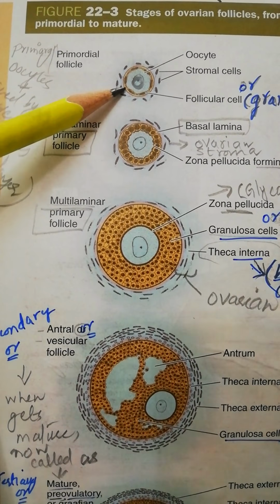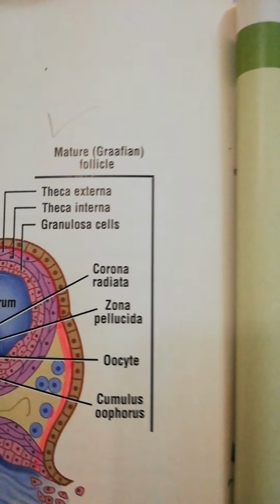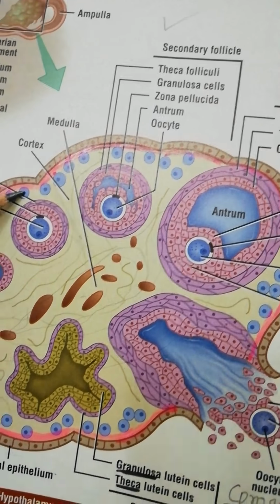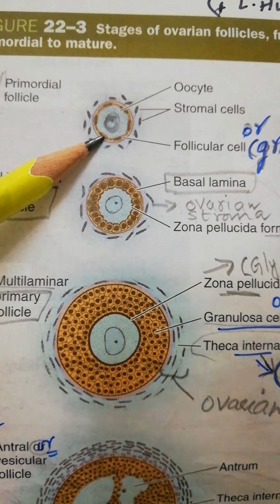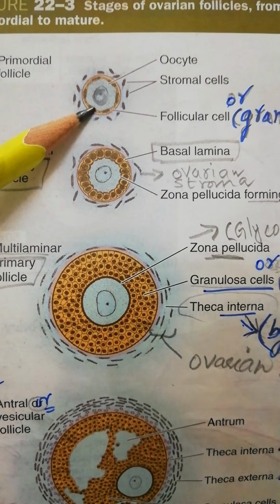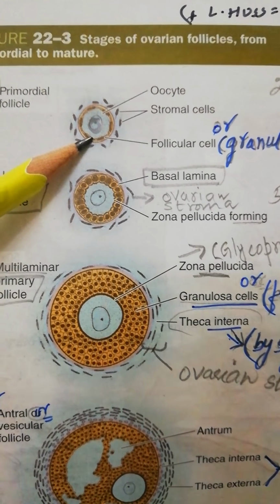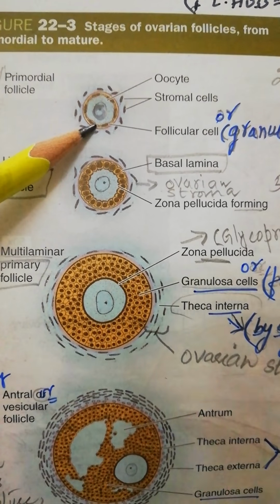Now you can see the growth of the primordial follicle, which we initially saw in the diagram. The primordial follicles, these smaller sizes, are on the peripheral region. Under the influence of FSH, can you recall the FSH which is being secreted by the anterior pituitary and being commanded by the hypothalamus gonadotropin releasing hormone that acts on the pituitary, and the pituitary is going to secrete the FSH